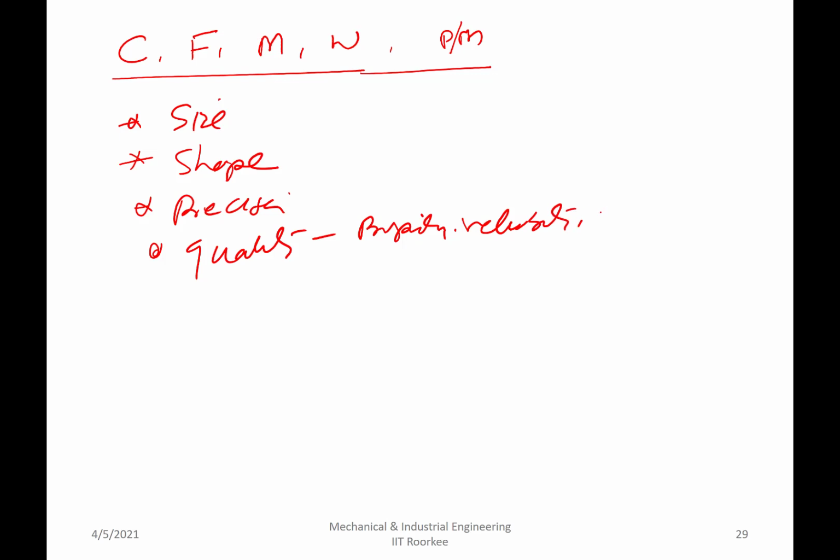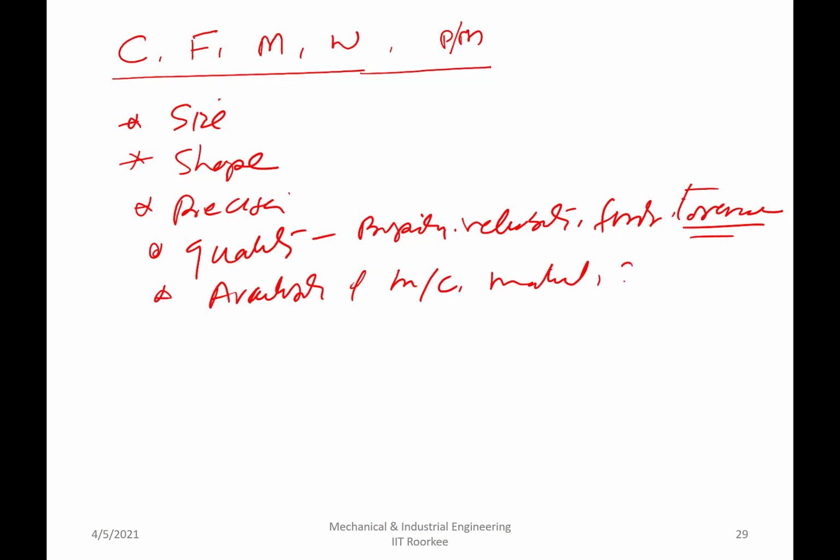reliability, the finish, tolerance. So what are the quality aspects that you are looking for? That will be dictating a lot. It may be strength, it may be the reliability, it may be the cost. So the quality, property requirement, the finish, the tolerance, and then availability, what you have with you, availability of machines and materials, skilled labor, or the labor that you need for manufacturing, that also has to be considered.